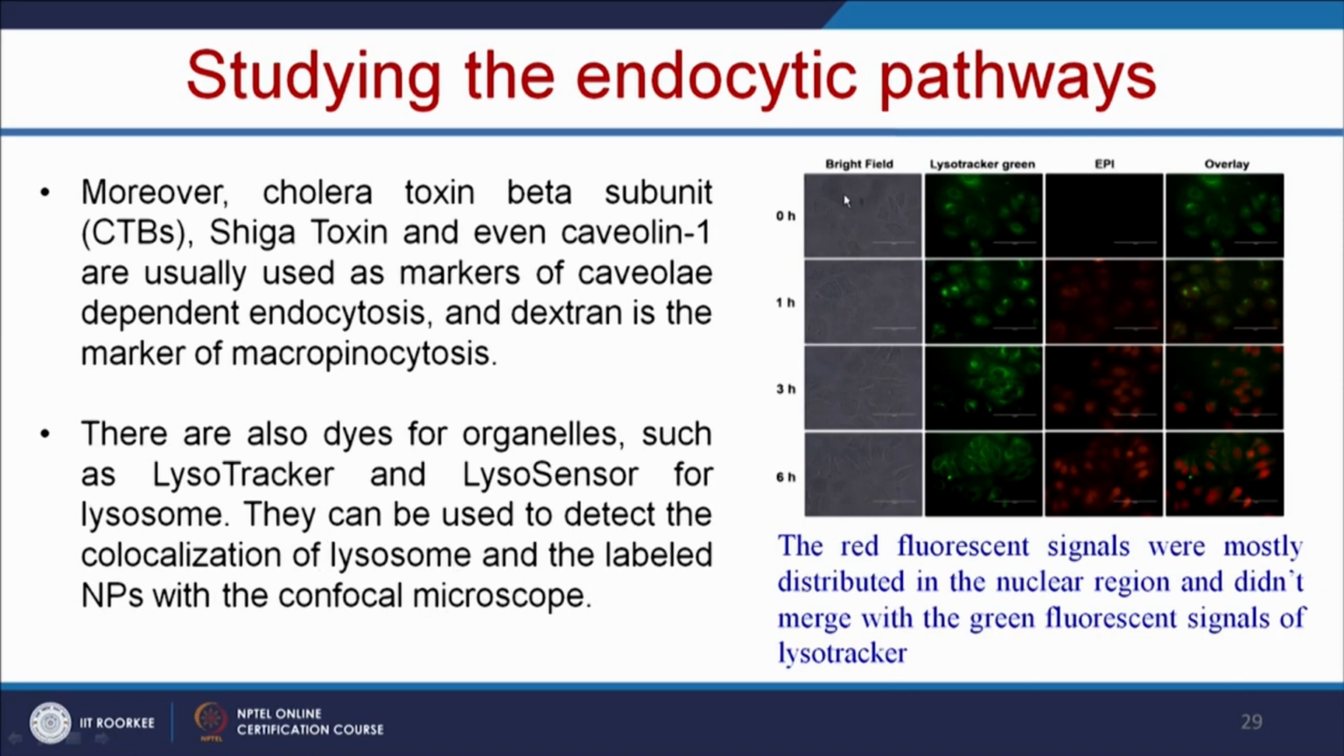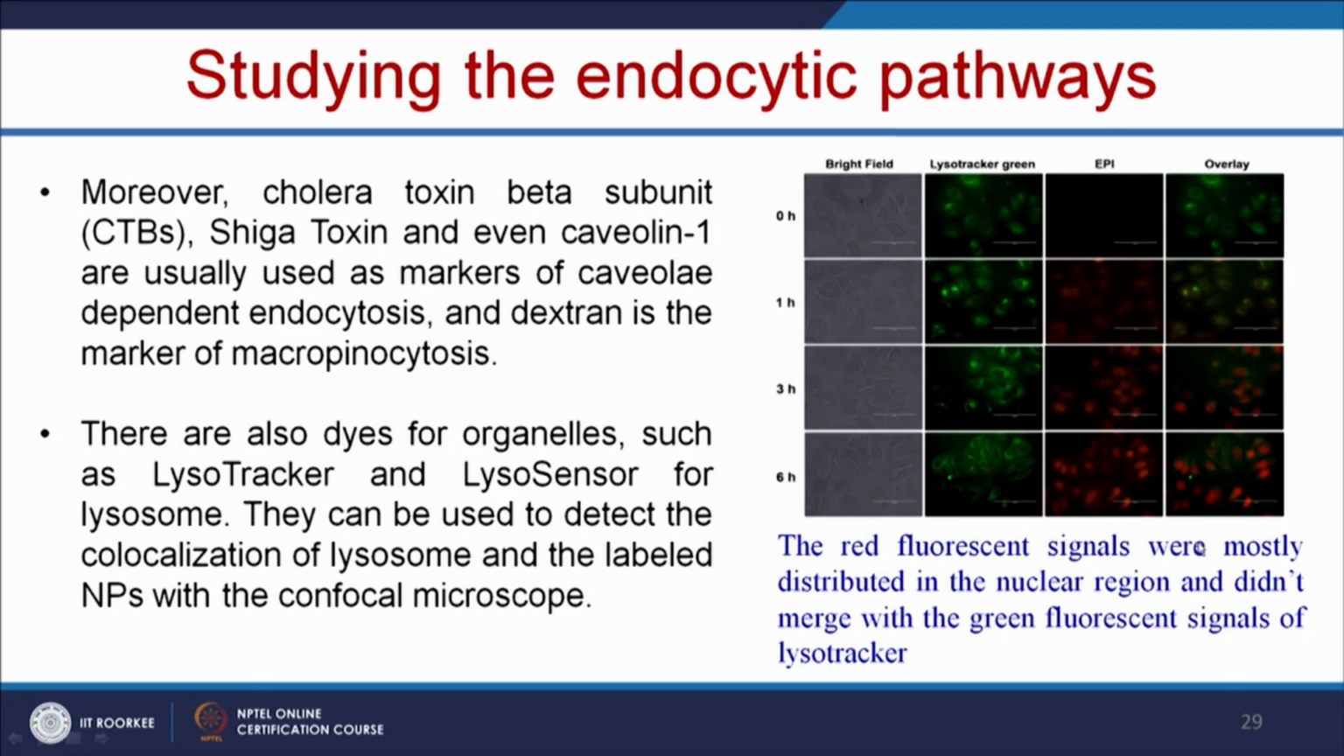Let us see in this picture, we have used cancer cell lines, and they are stained with LysoTracker green. This LysoTracker green will stain only the lysosomes of the cells, and this is epirubicin. Epirubicin is an anti-cancer drug which has intrinsic red fluorescence. When we overlay these images, we can see this anti-cancer drug is entering the nucleus, and the lysosomes, that is the LysoTracker green, are in the cytoplasm. Here all the red fluorescent signals were mostly distributed in the nuclear region and did not merge with the green fluorescent signals of the LysoTracker. So it shows that this nanoparticle is escaping from the lysosome and entering the nucleus to deliver